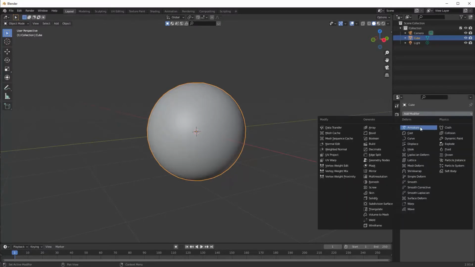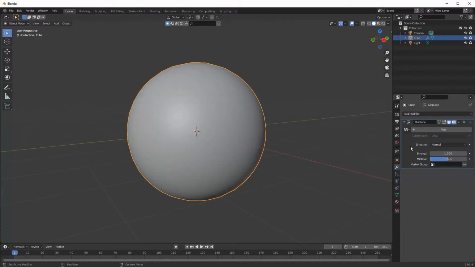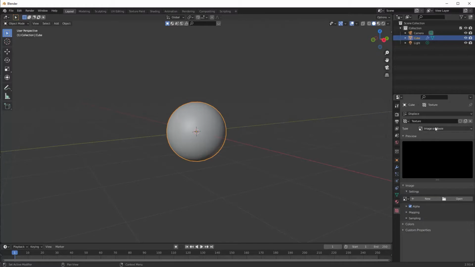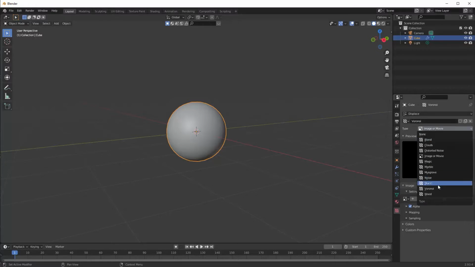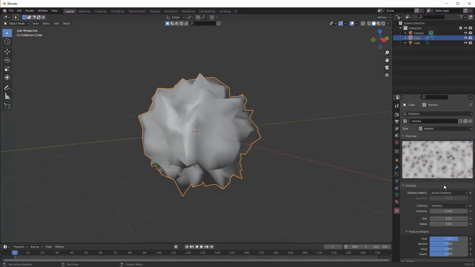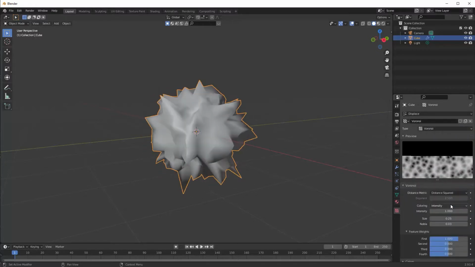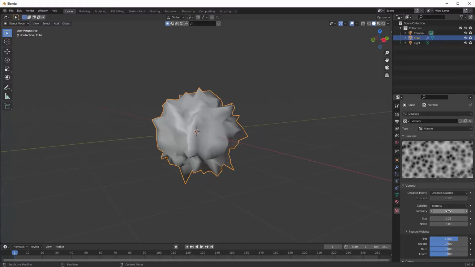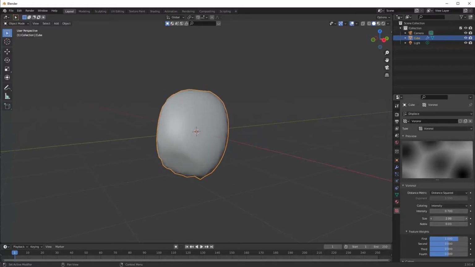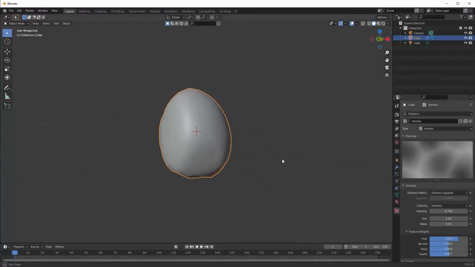and we can start by adding our first modifier, which is a displace modifier, and pop down to the texture mode here and create a new texture. Call this Voronoi, and we'll choose the distance squared. I find it works better for this particular example, and the intensity, drop it down ever so slightly, but the size, bracket up as high as it will go,